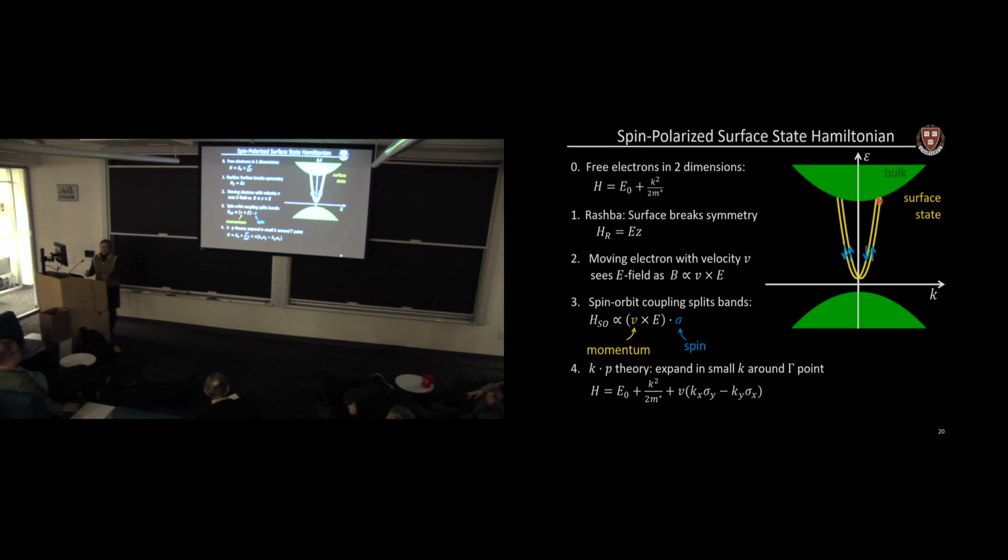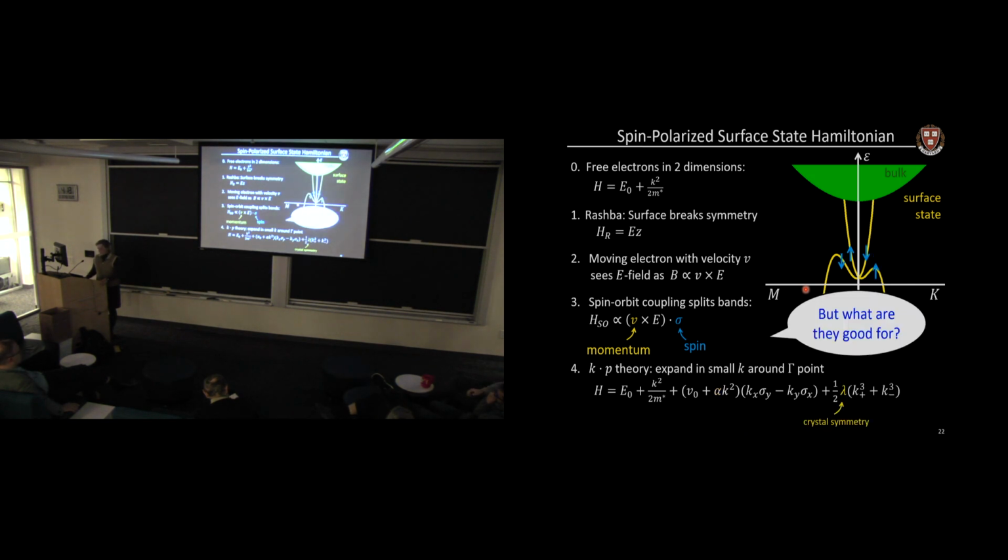So we can add a term to the Hamiltonian that at least phenomenologically captures the topological nature of these states. If we add in a term here, then at least phenomenologically we can see that it has the effect of bending the outside of these states down so that they touch the valence band. And now, no matter where we put the Fermi level, anywhere within this bulk gap, it passes through the surface states. So no matter what we do, these surface states are going to be there and they're going to be conducting. So this looks phenomenologically like a topological insulator.